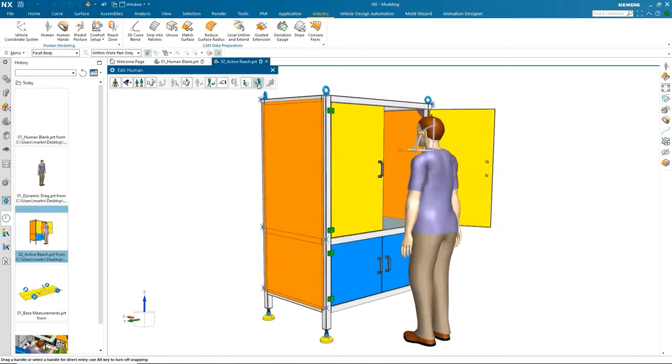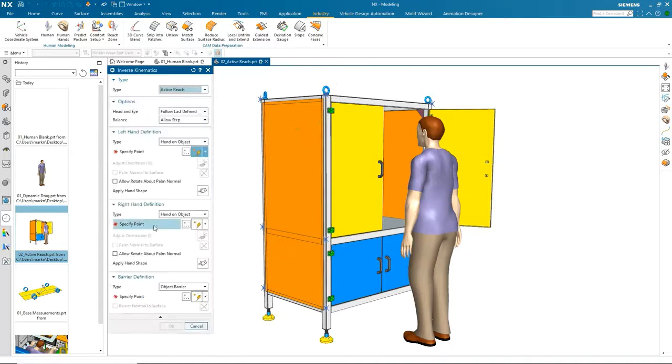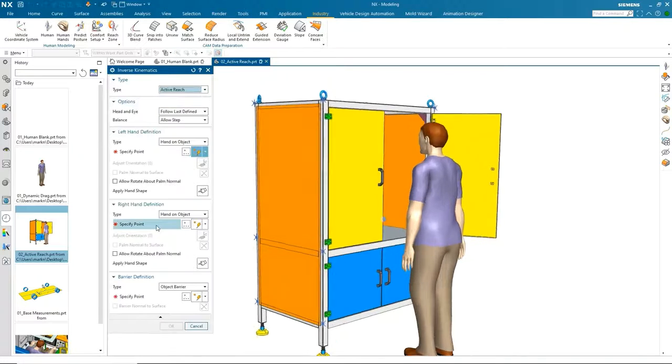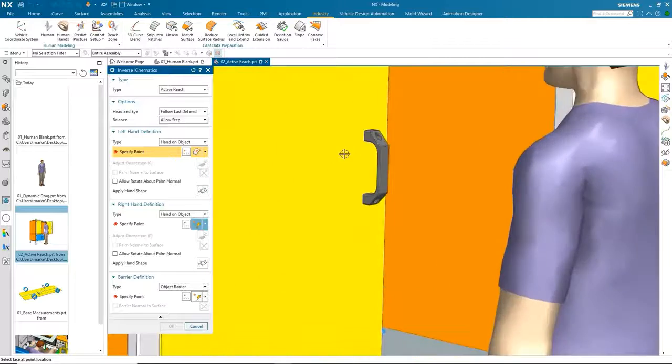I'm going to go back into inverse kinematics. So rather than just dragging things into position, which is a very manual approach, putting it and saying I want this point here, or I want to move the joint to this many degrees, or whatever I need to do, I can change this to an option called active reach. And what that's going to let me do is very much pick a point. So I'm saying I want to control where my left hand is, and let's say we want to see if we can